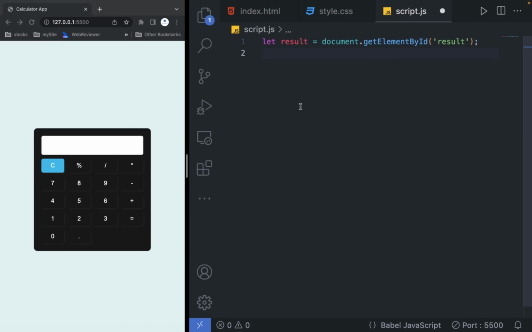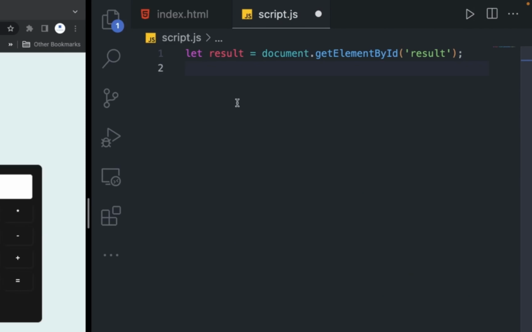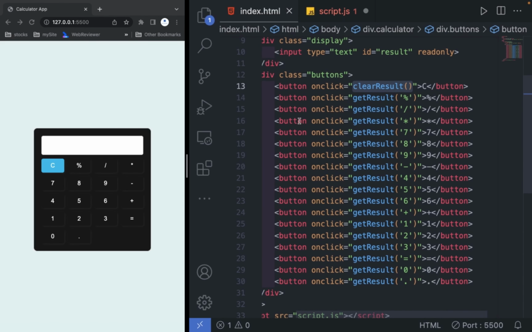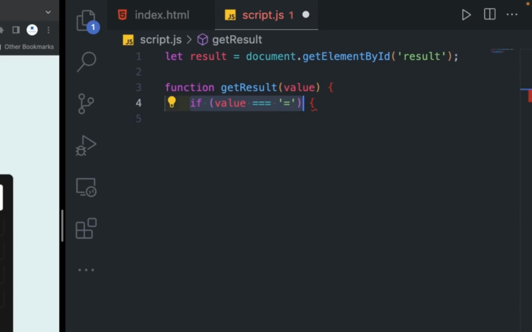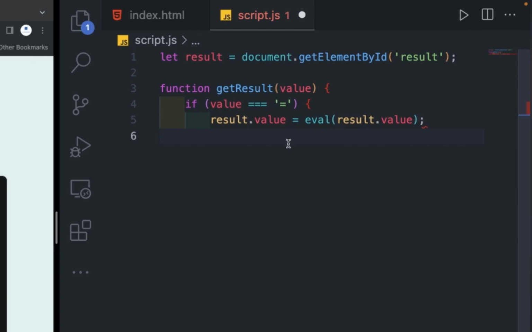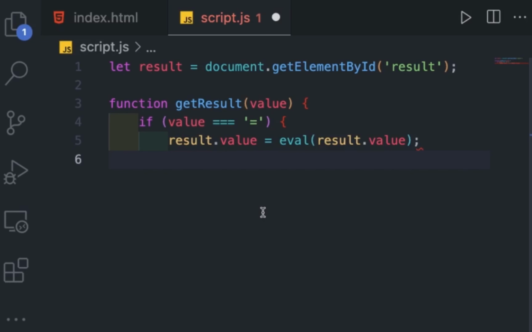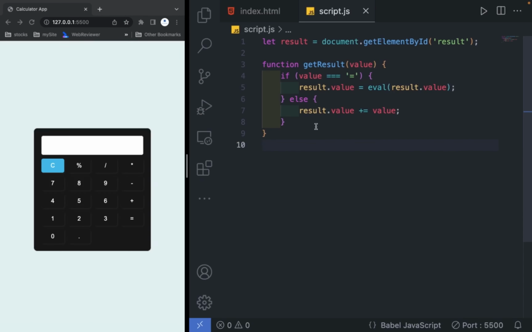Now we will write the JavaScript code. Whatever we write here, we will display inside the input box. So here I am creating a variable result with document.getElementById. In result we have given the id, and here I will create the getResult function now. Inside the getResult function, whatever button we click will be passed into this function. And I am writing a condition: if value equals equals, then result.value, meaning whatever result we are storing, equals eval. Eval is a function that will calculate whatever string you pass inside it.